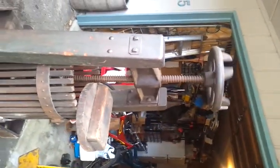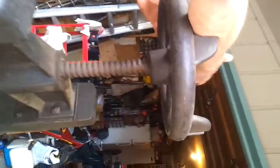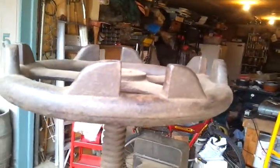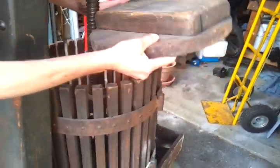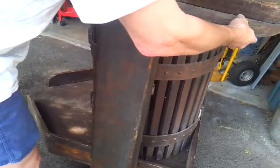So you'll spin all the way, and then going all the way down. You can see that the way these notches were, they could put a board in here for that final press. This is your little press that would go on the top and push everything all the way down and go running out the trough. You'd fill this whole thing with grapes,